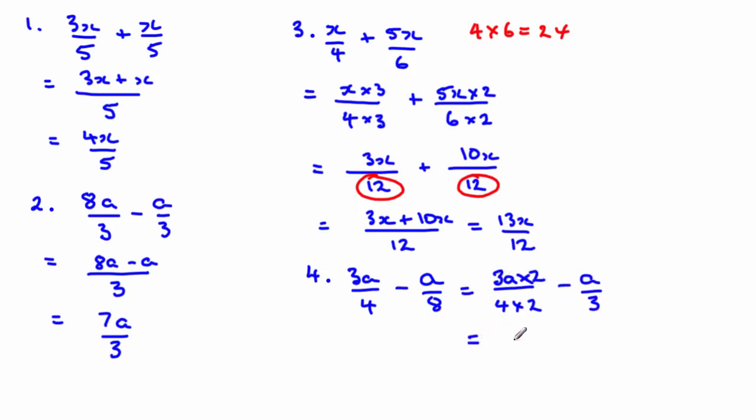So we've got 2 3s are 6a over 8 minus a, now that should be an 8, sorry, minus a over 8, and so our common denominator is 8, and we have 6a minus a, which gives me 5a over 8, and there's our solution for number 4. And finally, we'll just do one more example, and so this will be number 5. Let's have a look at this one. We've got 7x over 10